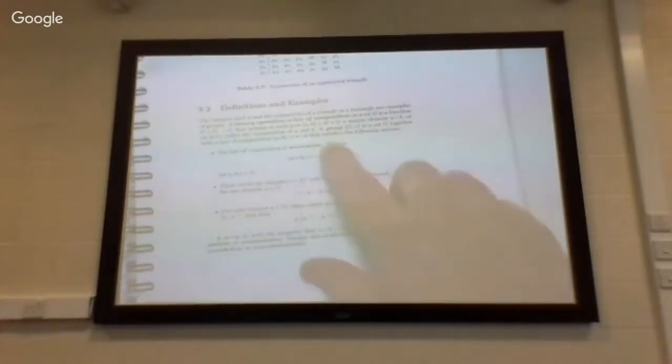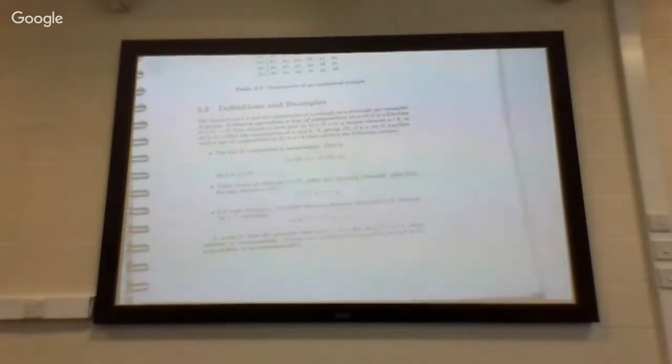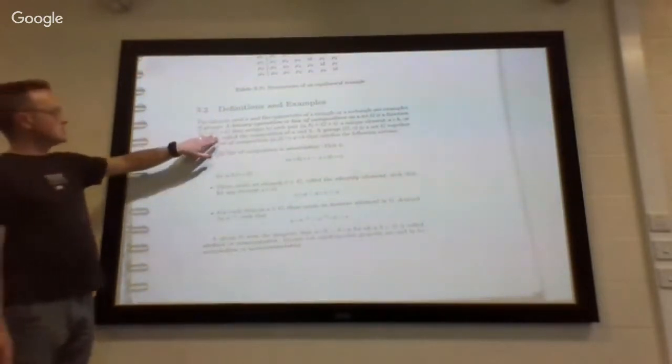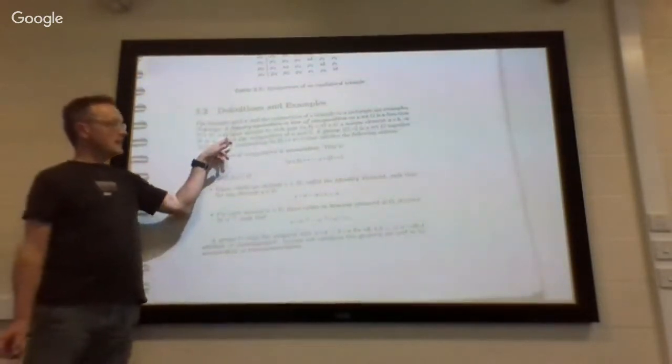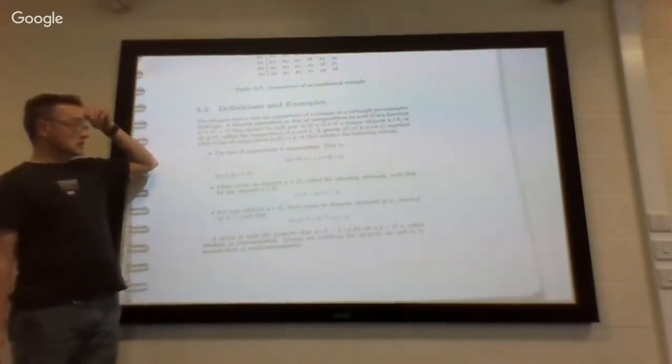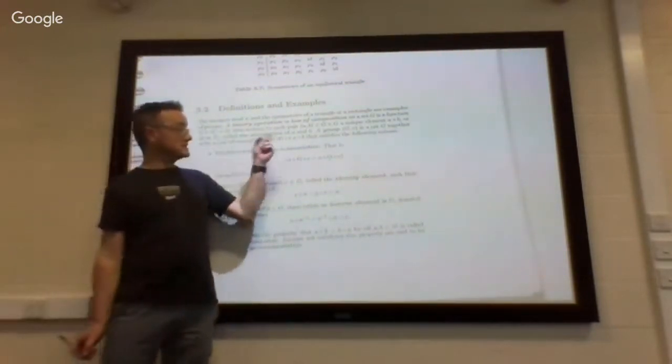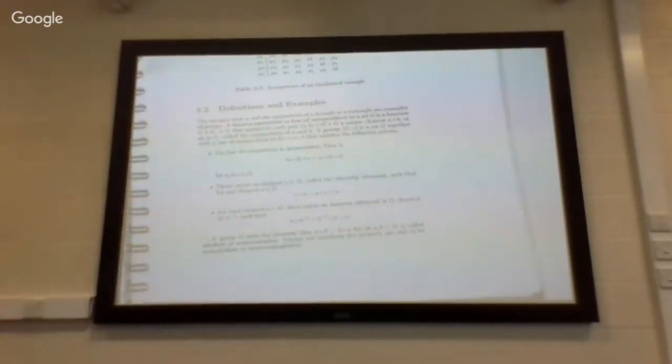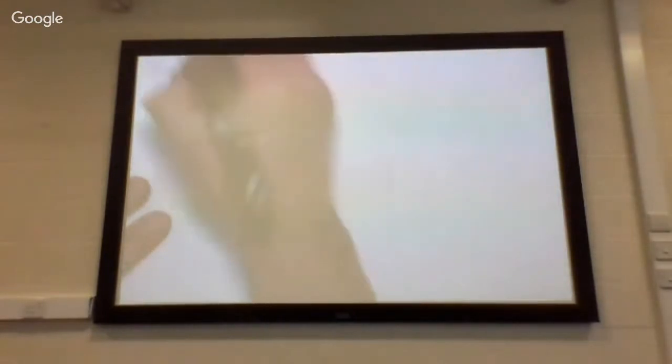You'll notice here that for Judson, a binary operation automatically takes values in the set. So a binary operation on a set G automatically takes its values in G. Other authors don't assume that. Other sources, other authors,